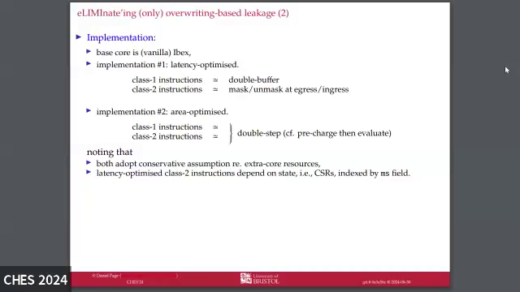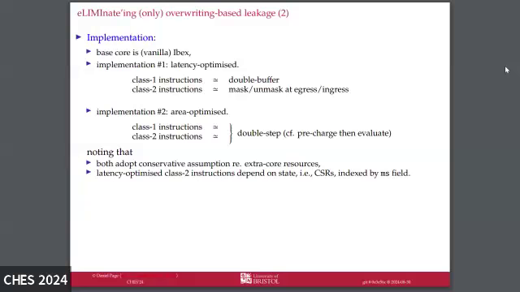It's important to say that both of the implementations take a pretty conservative approach to anything that's outside the core. So of course you could couple your core to any kind of bus or memory potentially. Some of these things would have resources in them that we can't predict or know about or control. So we take a conservative approach and assume that they're there, which means that we take a hit in terms of any performance metric, but we're more robust as a result, I guess. The second thing to be clear about is that in our latency optimized implementation, the class 2 instructions depend on some state, in particular some control and status registers, and I'll explain what that means in a second.